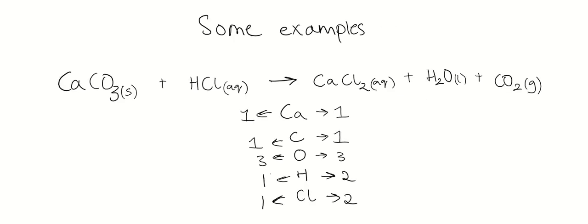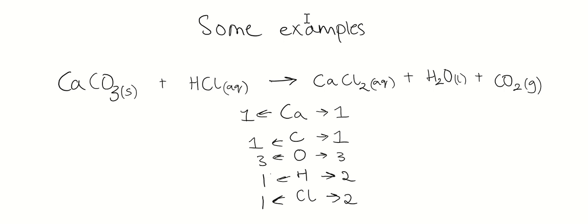Now, let's try some examples. In the first example, we have calcium carbonate reacting with hydrochloric acid to produce calcium chloride, water, and carbon dioxide. In the equation below, we can see that there is one atom of calcium on both the reactants and the product side, one atom of carbon on both the reactants and product side, 3 atoms of oxygen on the reactants